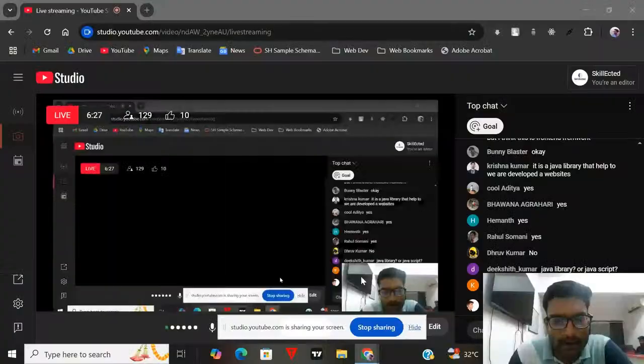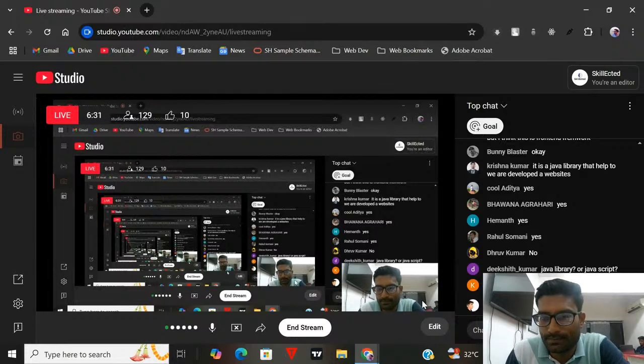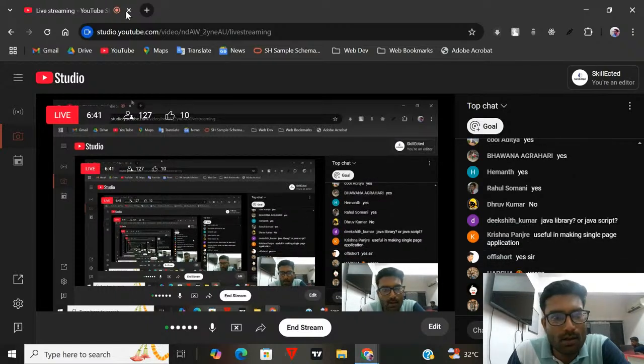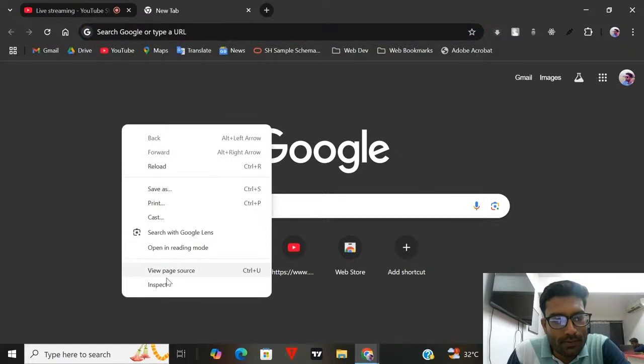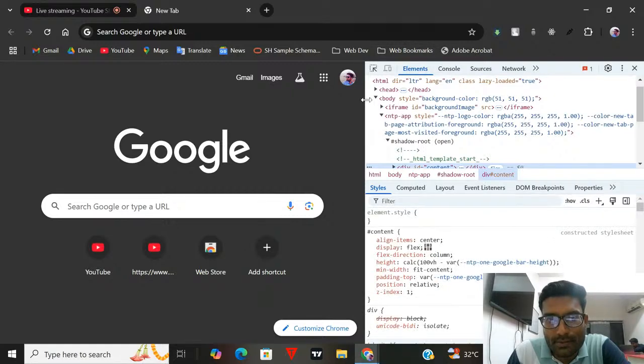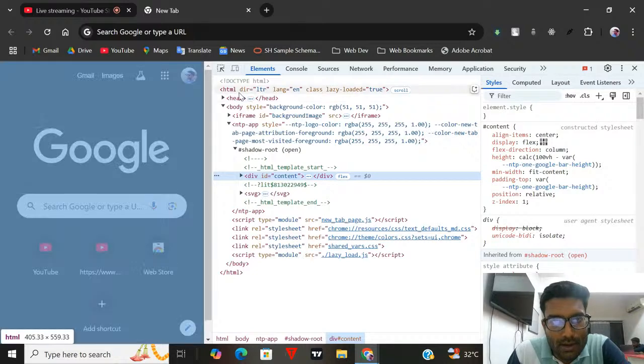Let us see. I'm sharing my screen. If we right click on any website and click on inspect, you have the developer tools options, and inside these you can see the DOM, the document object model.